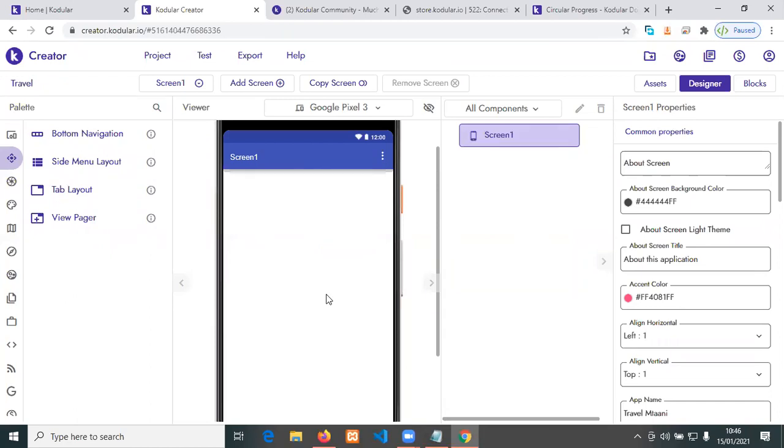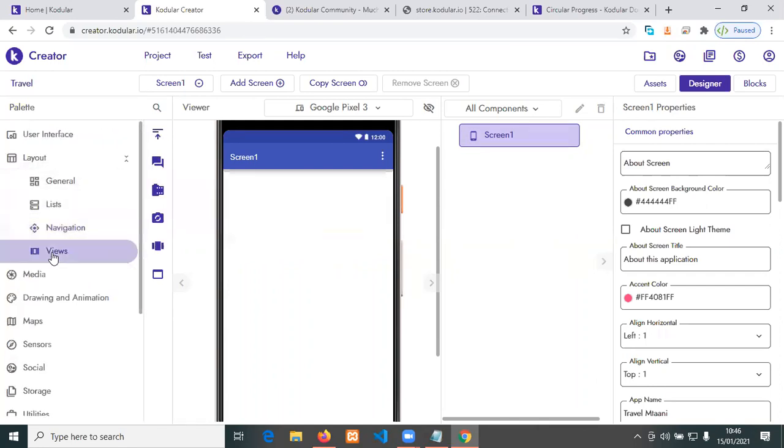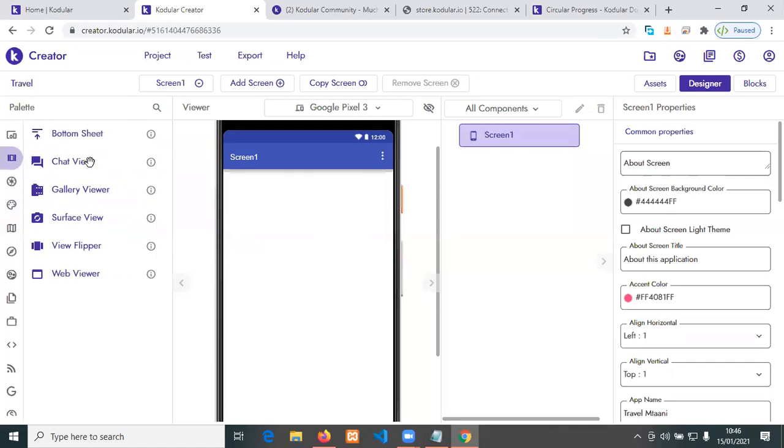I know if time allows, we can have a quick look at them so that you can see how to dynamically create this. So we also have views. There is the chat view, whereby if you're creating a chat application, it will be a chat between two people, okay? Bottom sheet,